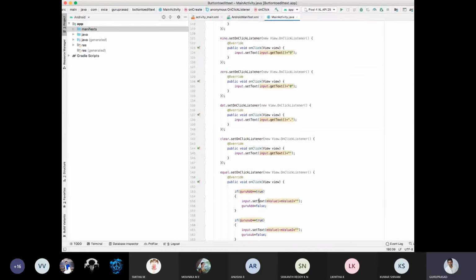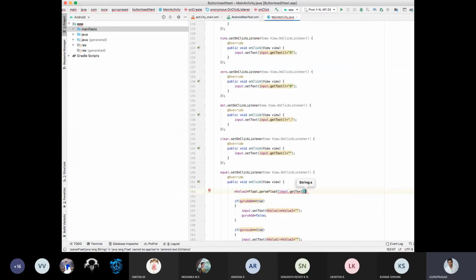So we need to define m value 2. What is that m value 2? The previous one, m value 2 is equal to, again, Float dot parse float, input dot get text, plus bracket comma close semicolon. Now m value 2 you got it.